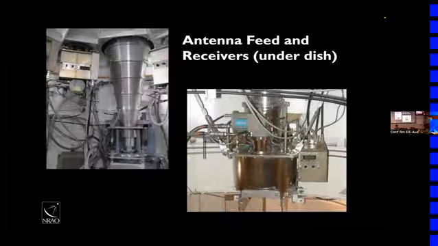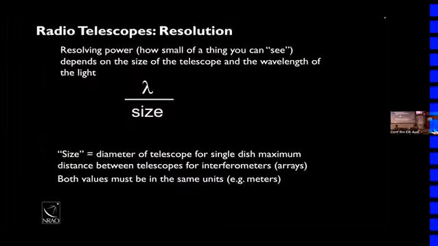So under the dish, right underneath that feed pedestal, you have the actual receivers, and this is just showing some of the electronics underneath the dish. And typically, a large telescope will have a receiver room, with a door. Open the door, you walk in, and when the telescope is stowed, that room makes sense. It's oriented properly. But you never want to be in there while the telescope's observing, because that whole room is tipping around as it points at the sky.